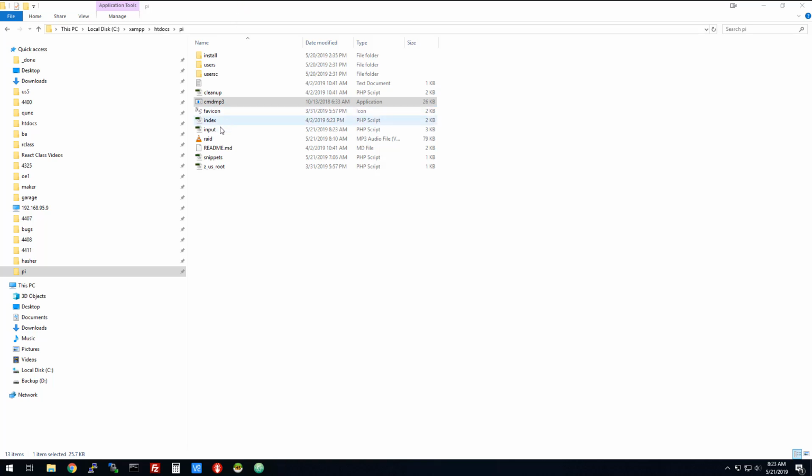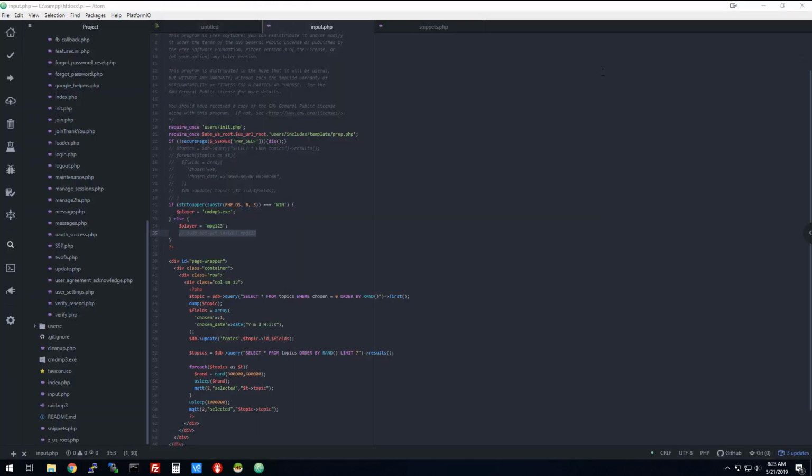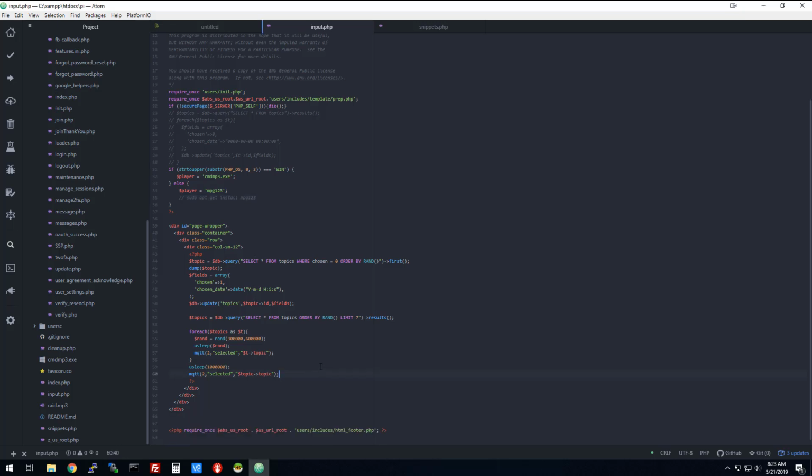So I have that there, and then I also have a file called raid, which is an air raid sound effect. Rather than worry about stopping the process or anything like that, we're going to take this little snippet and put it at the end. So we're actually going to play the air raid sound at the very end. Now I may change the way I do it, but we'll save that. So now when you get through the random jittery thing, you're going to show what the actual topic is, and then it's going to play the MP3